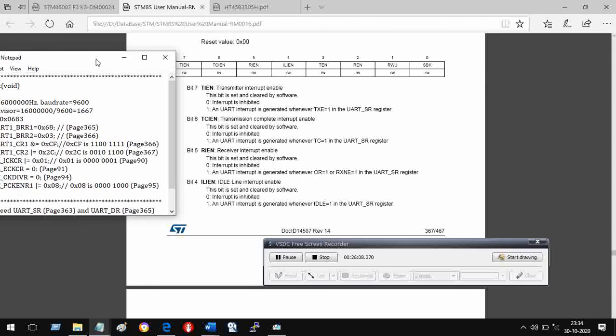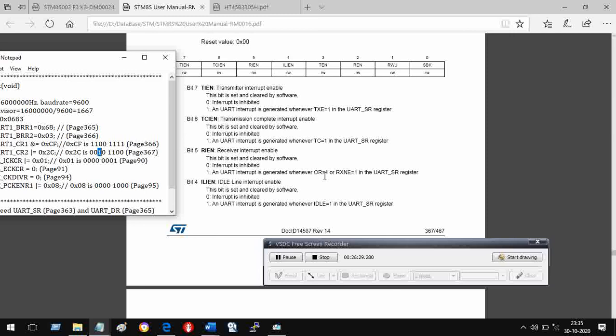Bit 5, what is bit 5? Receiver interrupt enable. If I set it to 0, the interrupt is inhibited or disabled. But if I set it to 1, which I am doing in this case, see, I am making it 1. Therefore the interrupt is generated